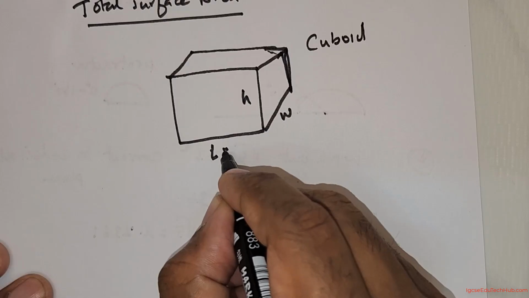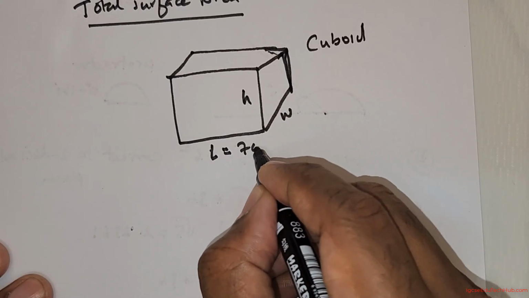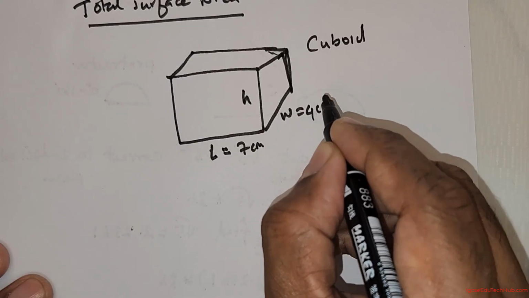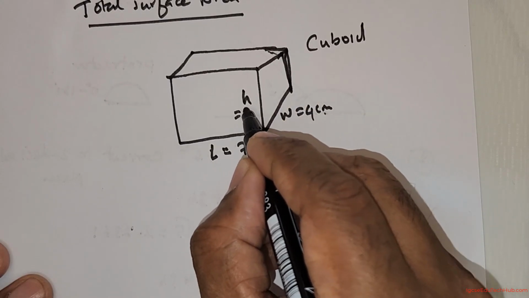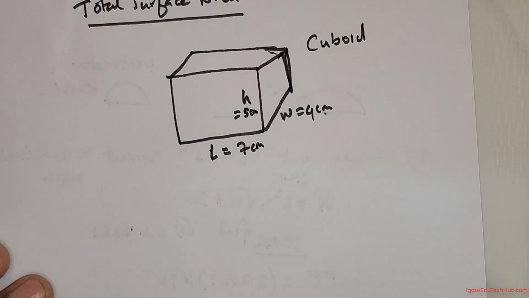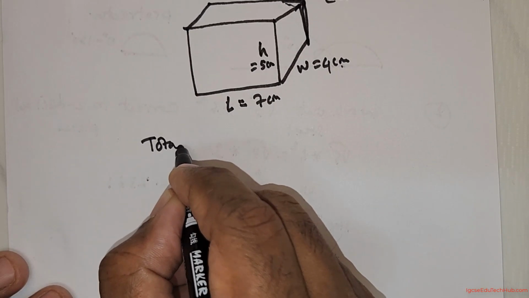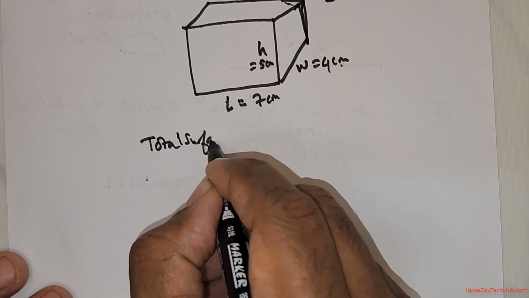Now the length is given as 7 centimeters. The width is given as 4 centimeters. The height is given as 5 centimeters. Now we are asked to find the total surface area. Now the total surface area